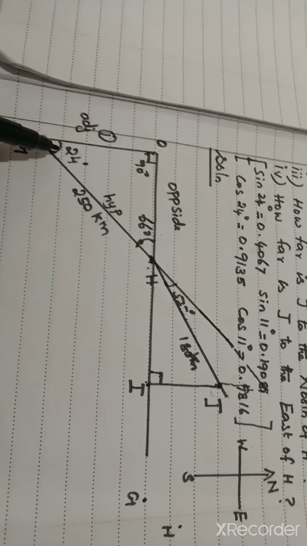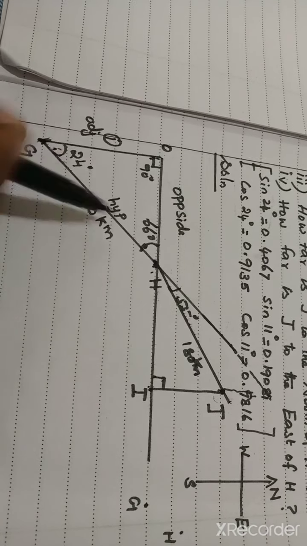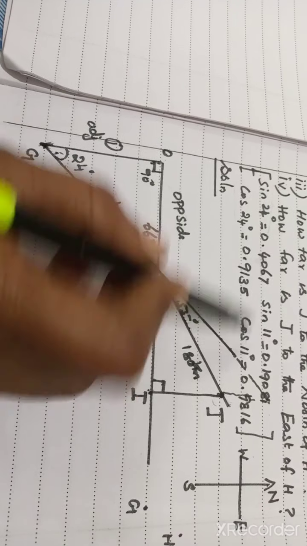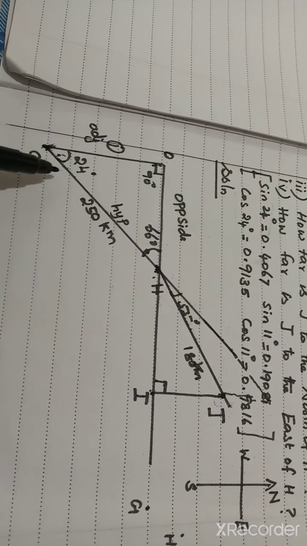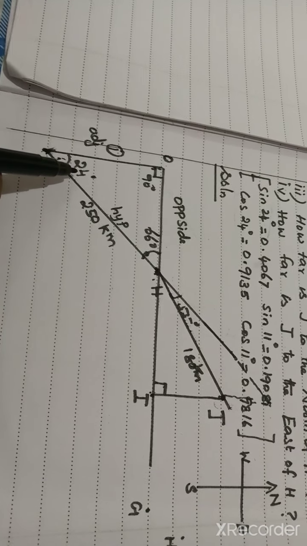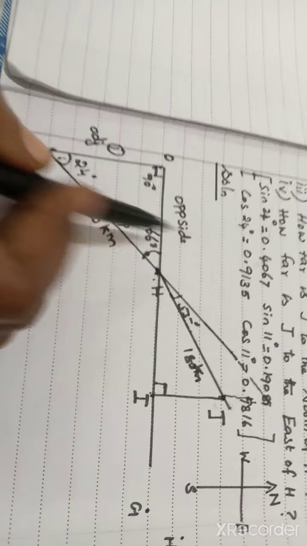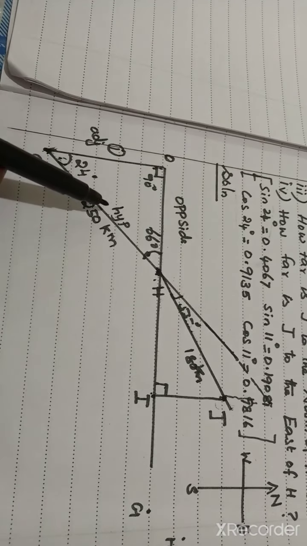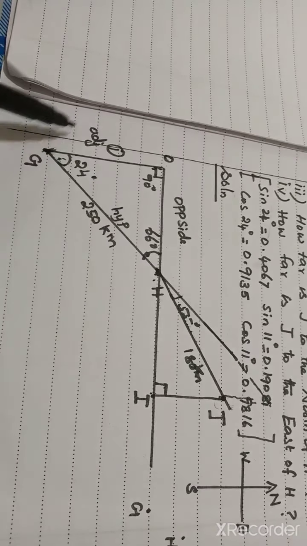So let us take theta here. Cos 24 value is given. So cos 24, sin 24, sin 11, cos 11 is given. So this one only we have to consider. Okay. So theta is 24 degree. The side opposite this theta is the opposite side, and the side nearest to this theta is the adjacent side. Understood, students? This one is the hypotenuse, opposite, adjacent side.